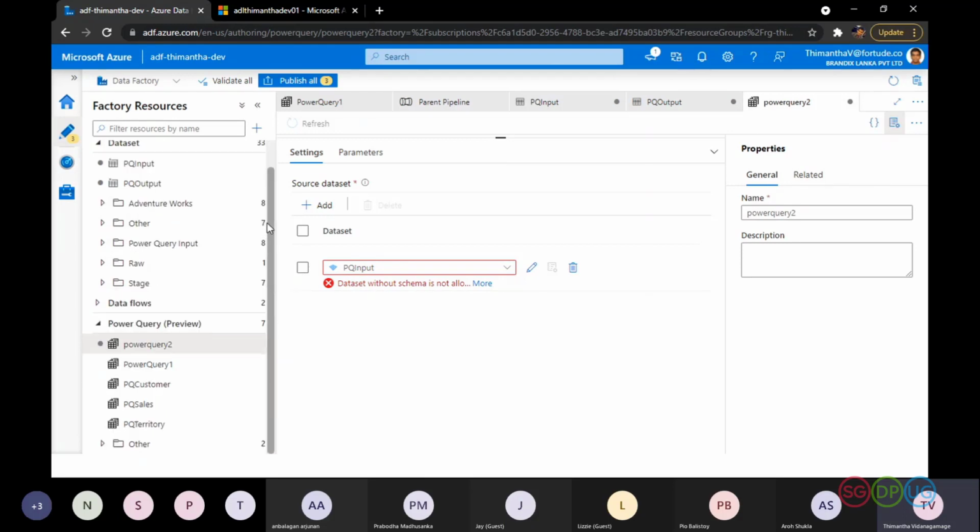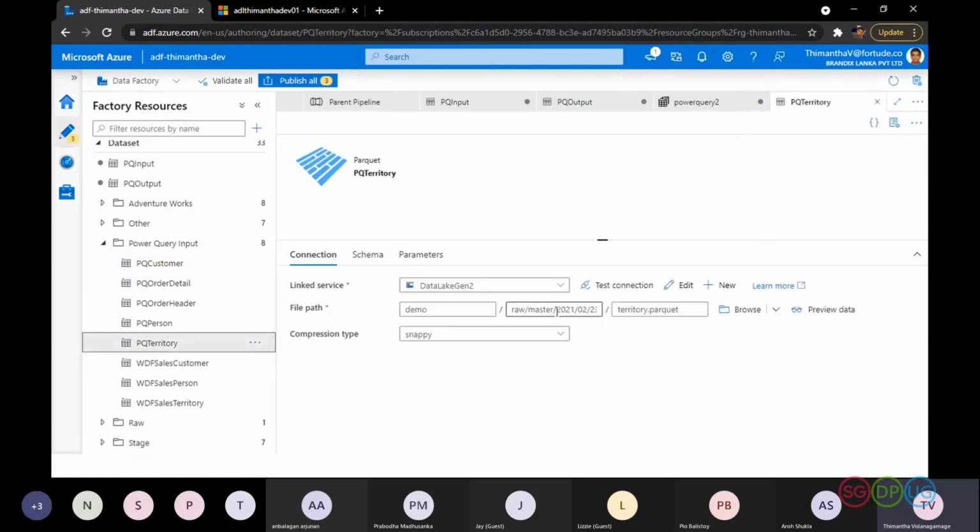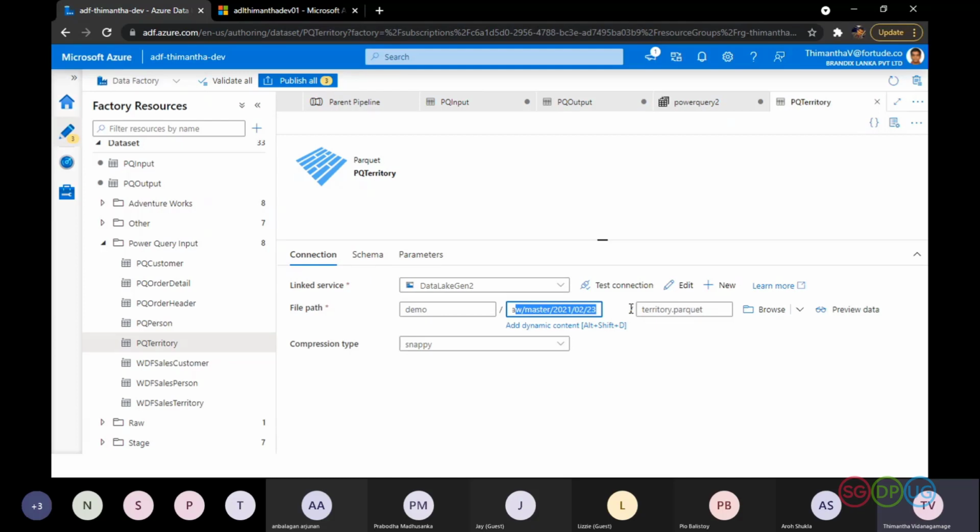using a fixed data set for this. Fixed data set in the sense a data set that does not use any Power Query expressions and refers exactly to the respective file, to the respective folder in the respective file. This is definitely not the right way to go in industrial solutions, but since the Power Query feature does not allow data factory expressions, I'll be using a fixed data set to show you guys around